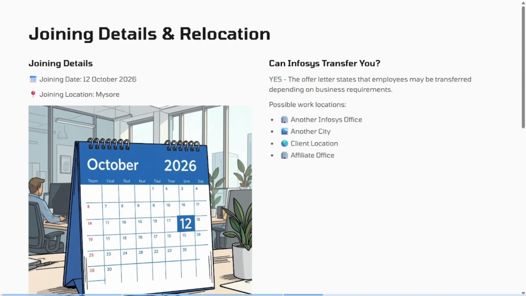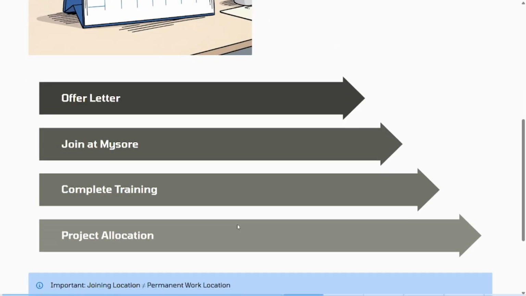I got the offer letter on 6th July 2026, and my joining date is October 12, 2026. In my offer, the joining location is Mysore. Many freshers think if my joining location is Mysore, I will always work in Mysore, but that's not what the offer letter says. The offer letter clearly mentions that Infosys may transfer